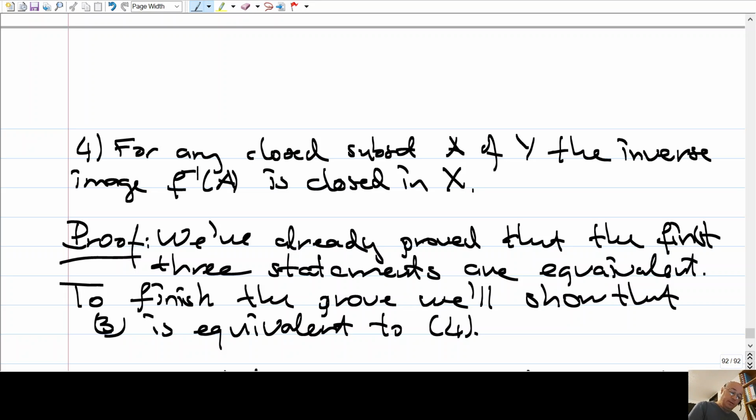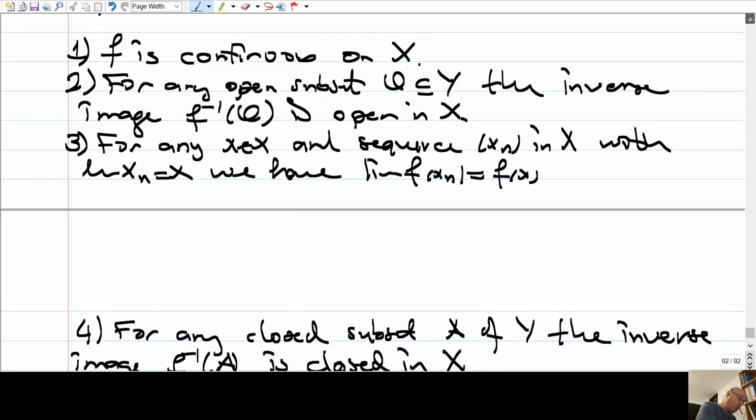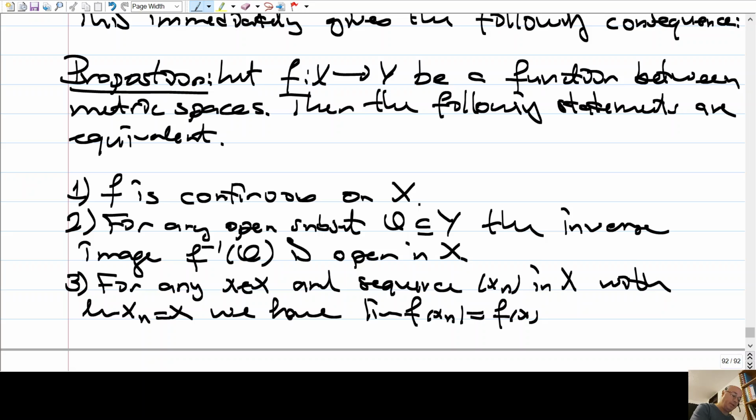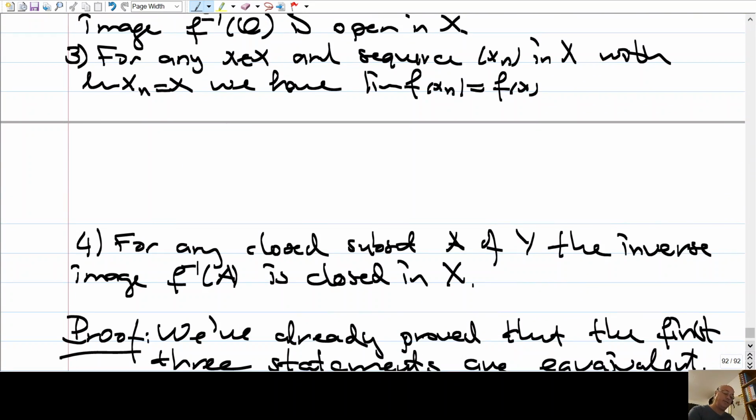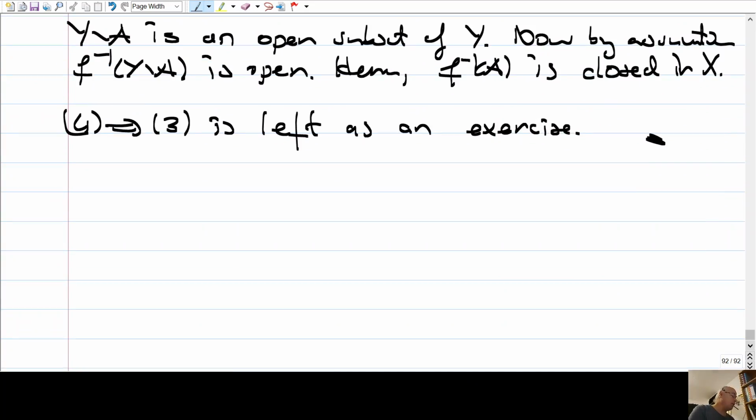All right, let's start. So we proved that the four conditions for a function between two metric spaces are equivalent: that f is continuous, the inverse image of every open set is open, for any sequence converging to some element x the image converges to f of x, and finally, for any closed subset A of Y, the inverse image is closed in X. All right. Now we will